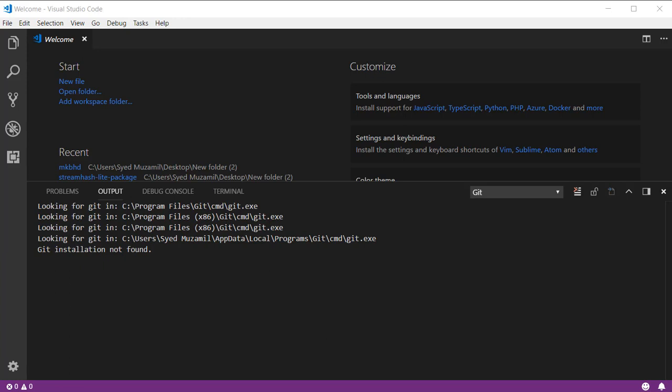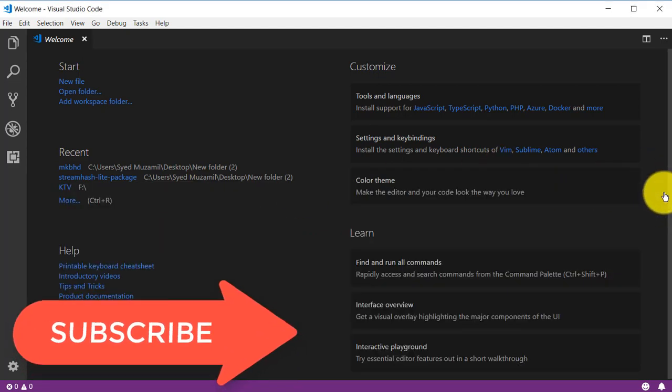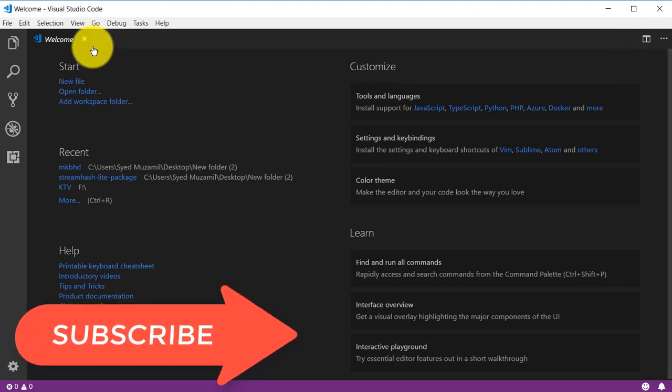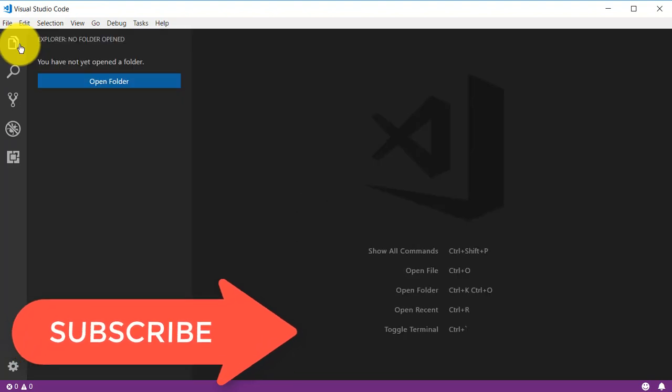Okay, so in this case I'm going to use this Visual Studio Code, and while you are going to start this you will find something like this. So what we will do first, we will close all of these things. Welcome page, you can close this, and then what you have to do, you have to either open a folder,